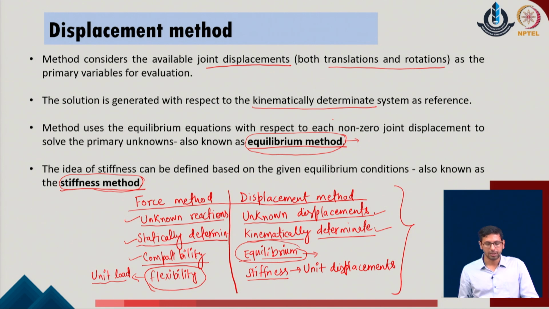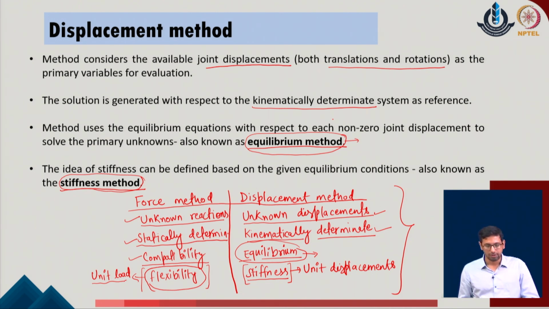Now, flexibility is typically defined as a parameter to evaluate the system response in the force method, in which we apply the unit load and calculate the deformations in the given system, and then by taking the summation of those deformations we define a consistent deformation for the given system which satisfies the compatibility condition. Whereas in the displacement method, we identify the system to be undergoing a unit displacement, and corresponding to that we define the internal forces appearing in the members, and by taking the summation of all those member forces we define the net equilibrium equations of the given system.